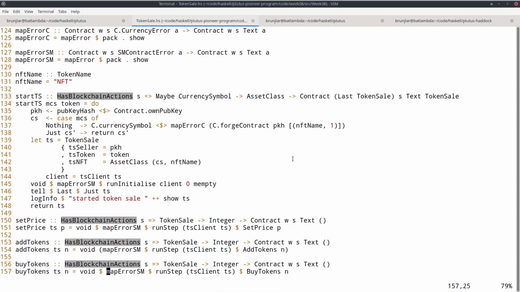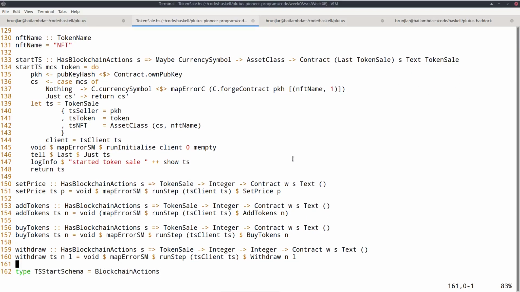Now I have functions for all the other operations, and they are extremely short. It's very simple now because this example is really ideal for the state machine approach. So I don't need any other code basically. And they are all very similar. So I just always use runStep and invoke the correct transition from the state machine.